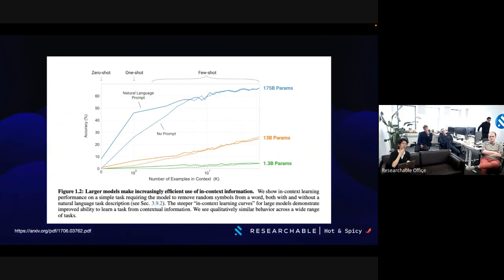But yeah, I think the context size does play a huge role in the number of parameters because